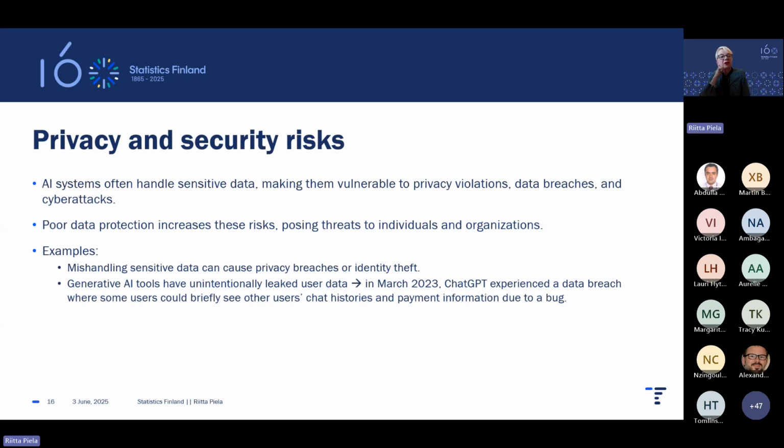AI systems often handle sensitive data, and that makes them really vulnerable to privacy violations, data breaches and cyber attacks. If there is poor data protection, it increases these risks, posing threats to organizations and individuals. And I have some examples here,